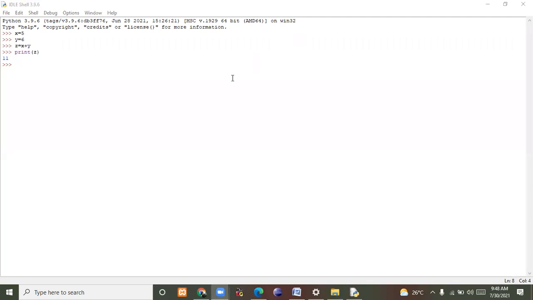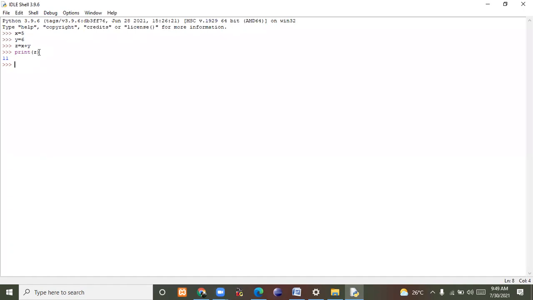And one more way: in your lab computers, Python 2.7 is there, students. In that the first experiment will run. You can open it, and this window will appear, but in place of 3.9 you will get 2.7. After that, don't execute like this.